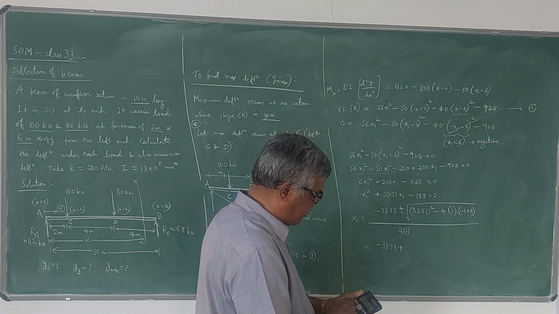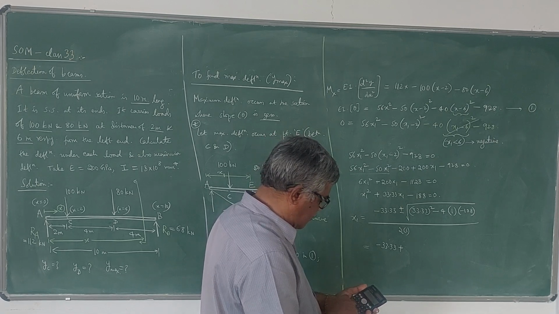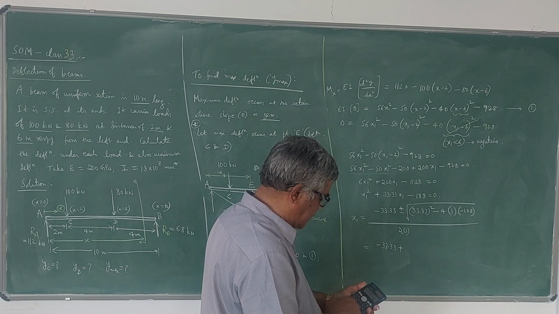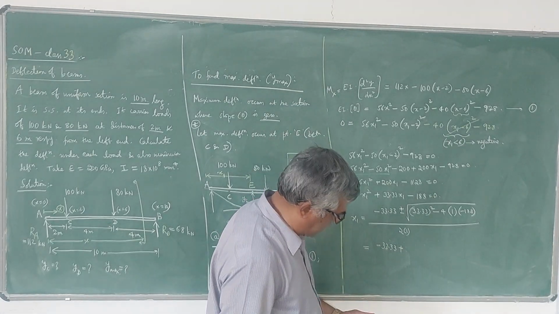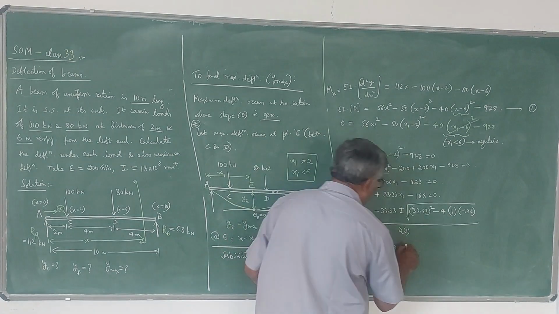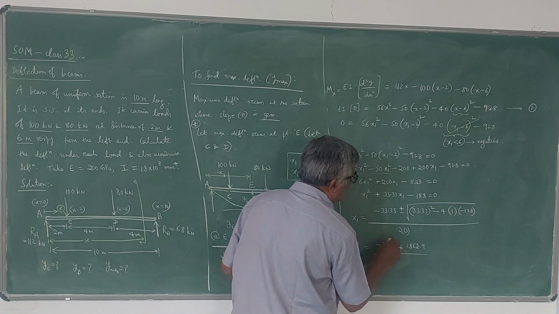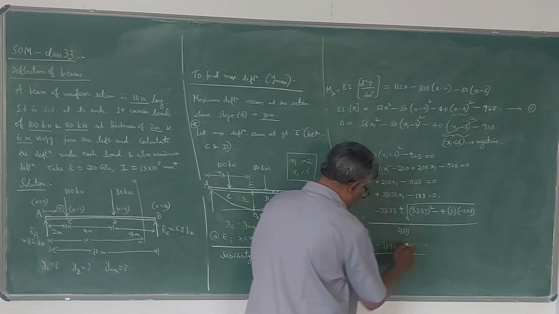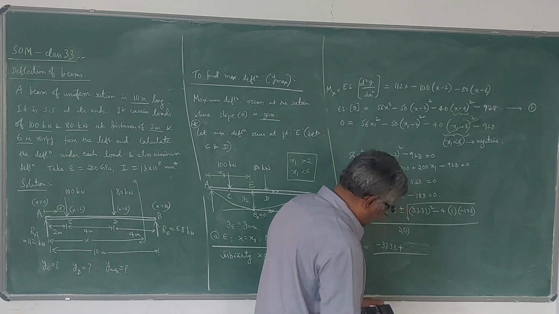Minus 33.33 plus the square root of 33.33 square, minus into minus becomes plus 4 into 188. Put in this much, so how much? 1862.9, under root of that. The square root of that we have to take, which will be 43.16,